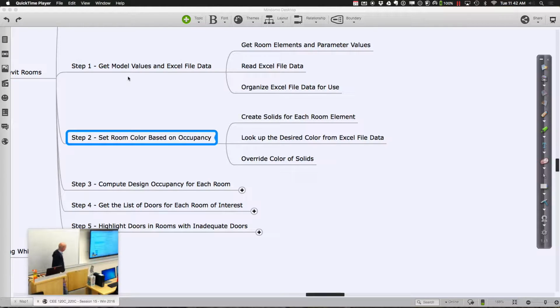Okay, let us go ahead and get ourselves started again. Let's take stock of where we are first, just to understand in the process what we've actually accomplished. We've pulled some values out of Excel and actually used them now to change our Revit model a little bit. And as subtle or as simple as that seems in terms of this change in the color,